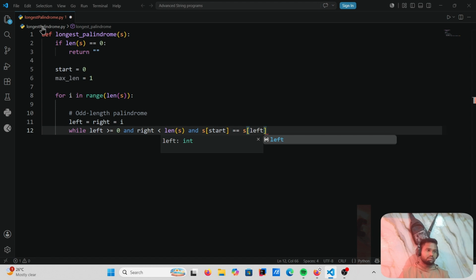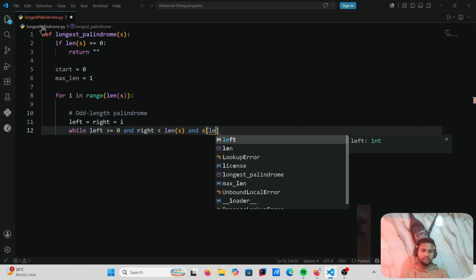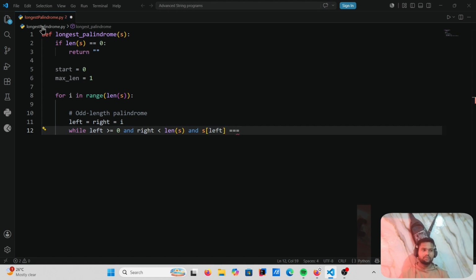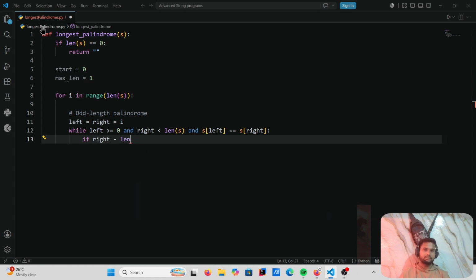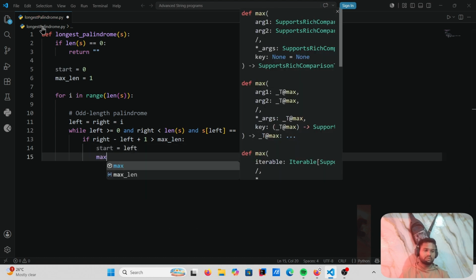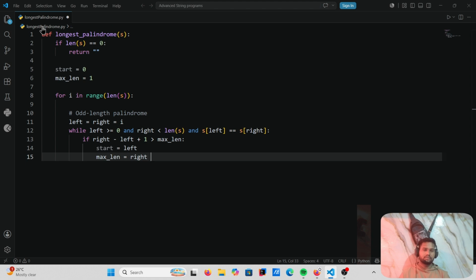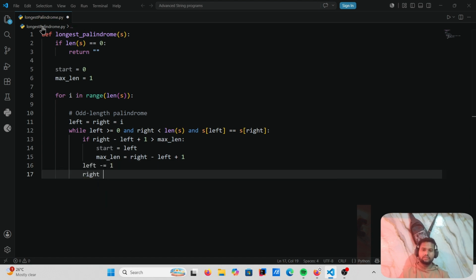start is equal to s, we should take left first and then right later. s left is equal to s right colon if right minus left plus 1 is greater than maximum length colon start equal to left, maximum length equal to right minus left plus 1, then left minus equal to 1 and right plus equal to 1,